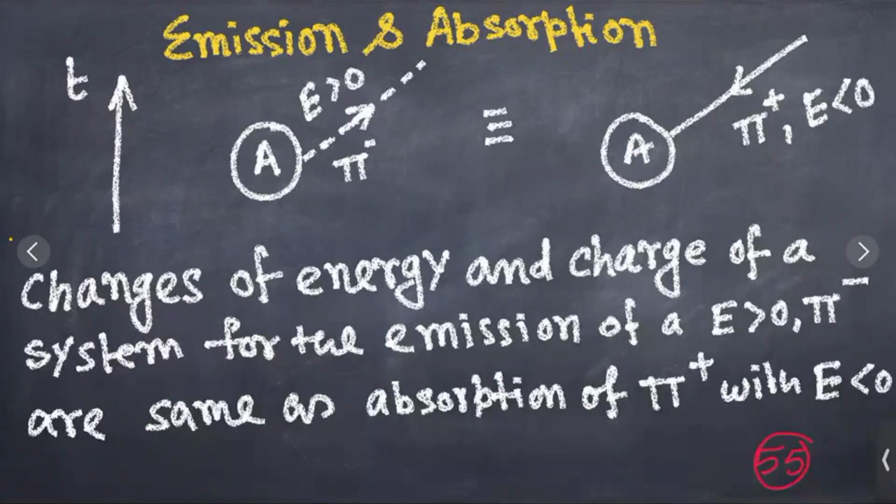So this is what I'm going to say. If I consider this system which emits one pi minus with positive energy, this is identical to it absorbing a particle having the charge of a pi plus and negative energy. And this minus sign over here represents just the particle type, right? Yeah, this is just a negatively charged particle, a negatively charged pion having positive energy, which is emitted by the system,